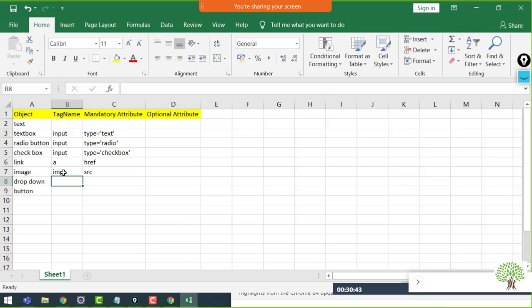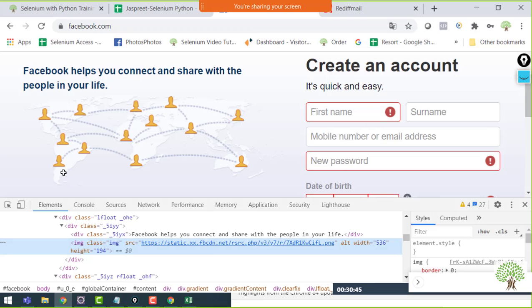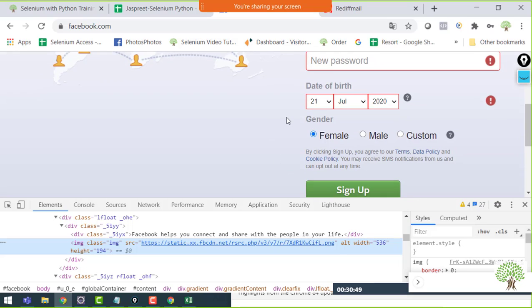Okay. Now moving further to the drop downs. Drop downs are usually available on the pages where you sign up or you're giving some details, but it's not always that if the date selection is looking like this, it's a drop down. It's not at all compulsory.